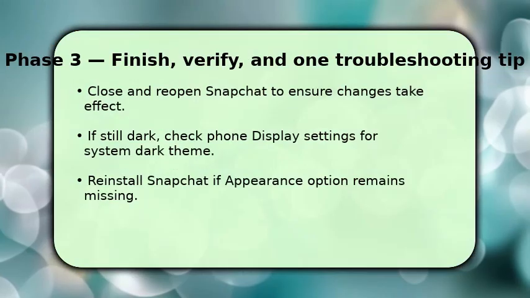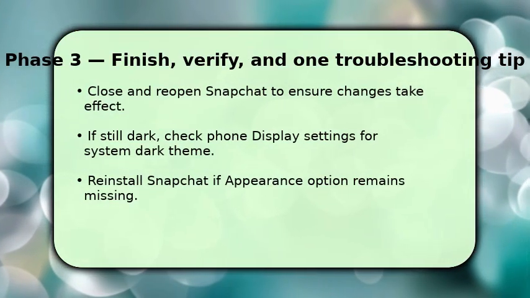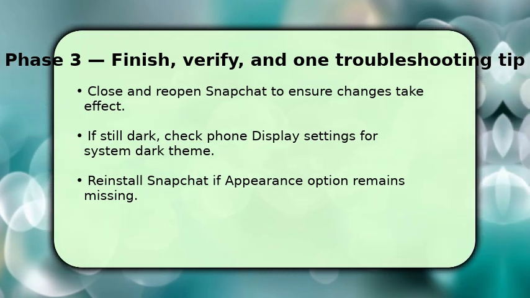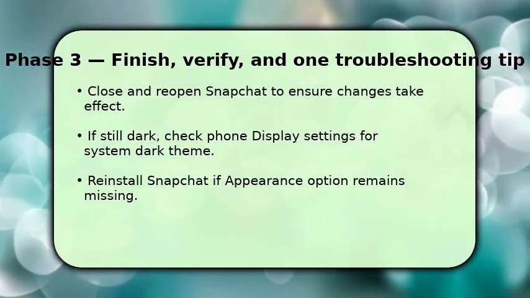You're almost done. After choosing Light, close Snapchat fully and reopen it to force the UI to refresh. That often finalizes the change. If the app remains dark, check your phone's display settings and disable any system-wide dark theme because Match System can